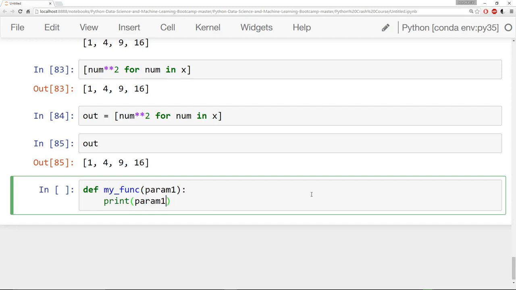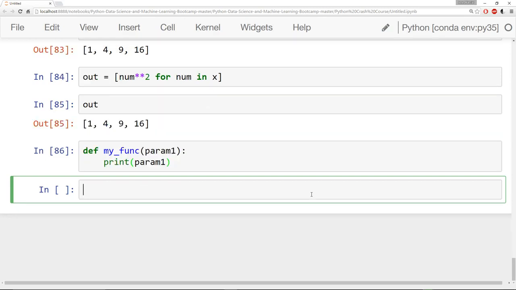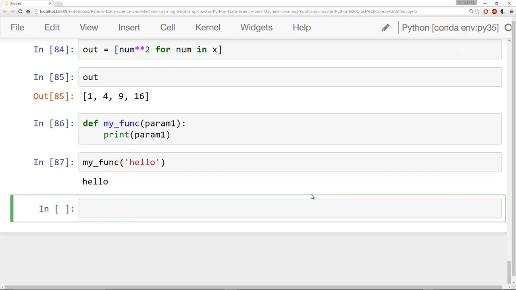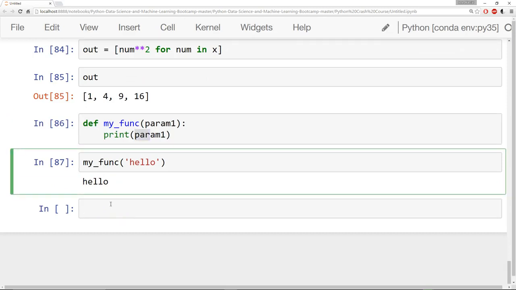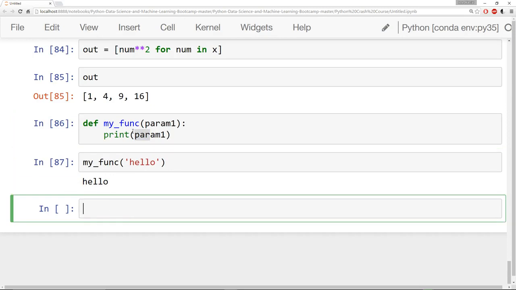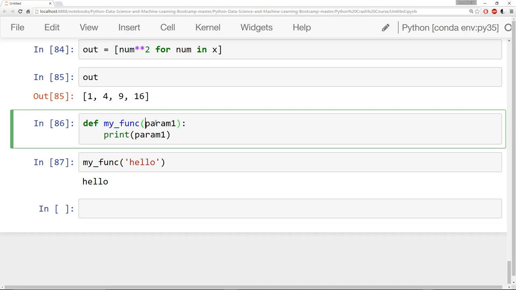param1. Okay, this is a very simple function, we just call now my_func, pass in the parameter such as hello, and it will run and print the parameter. And that's my_func. Let me show you a more complicated example. We'll say my_func, and instead of param, it's going to take a name. And we'll say print,